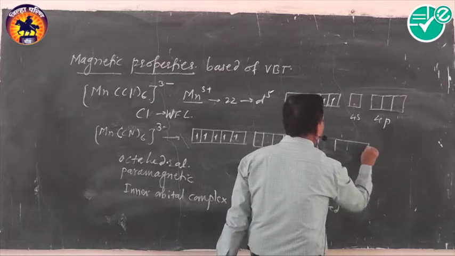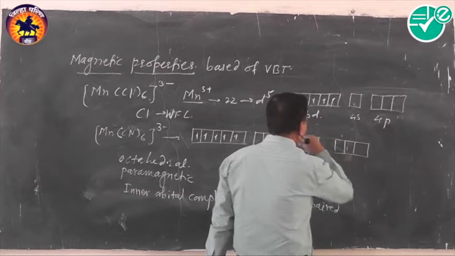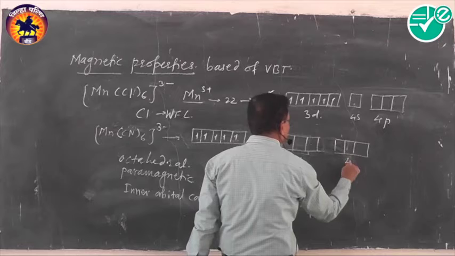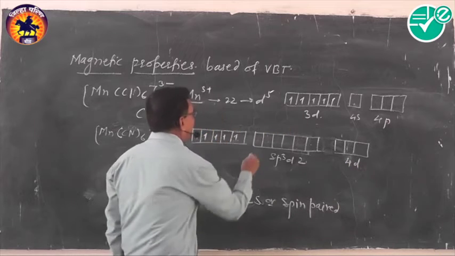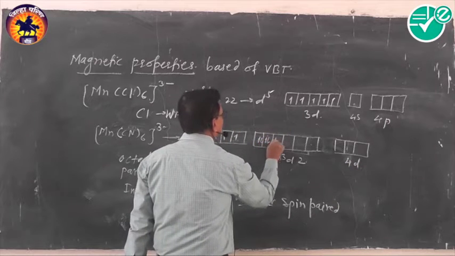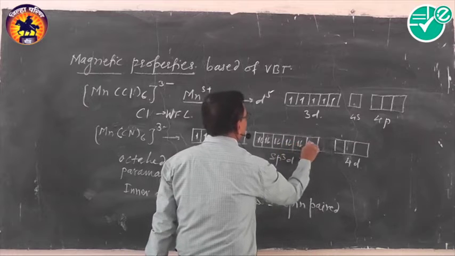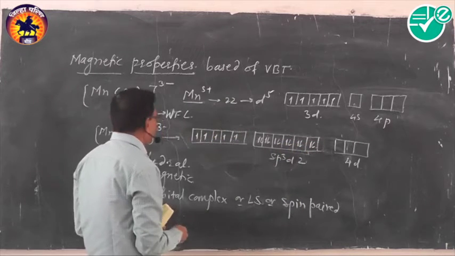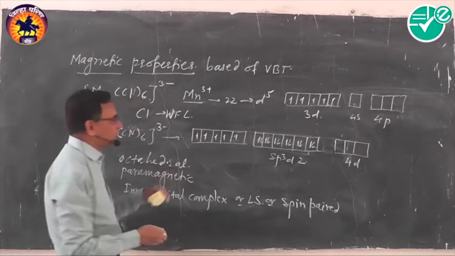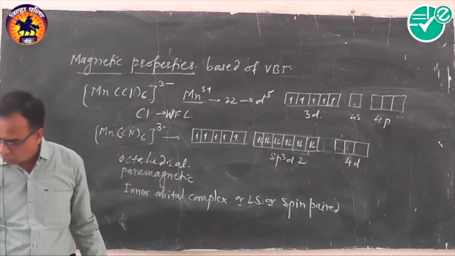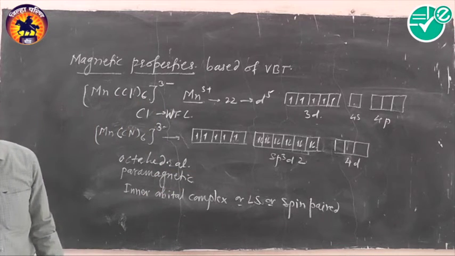And these are the vacant 4d orbitals. sp3d2 hybridization. Hybridization is sp3d2, and this complex MnCl6